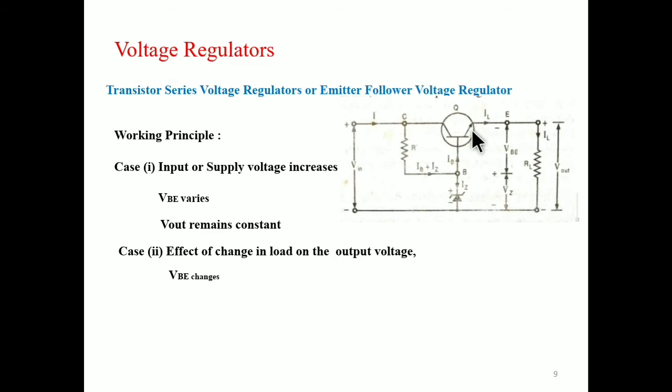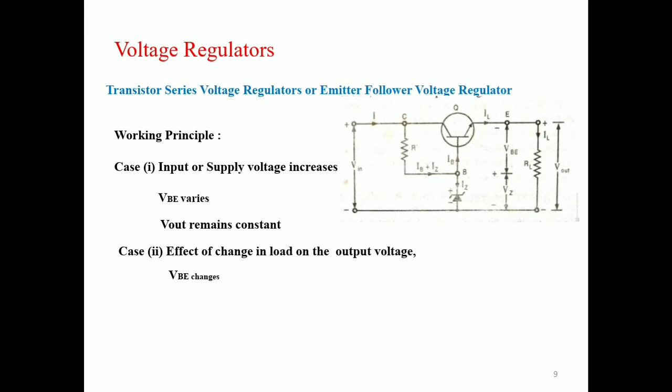So this will reduce the level of conduction. This will lead to an increase in the collector emitter resistance of the transistor, causing an increase in collector to emitter voltage, and as a result the output voltage is reduced. Before, there was an increase in output voltage; here there is a decrease in the output voltage, thereby it compensates. So let us move on to the next one.